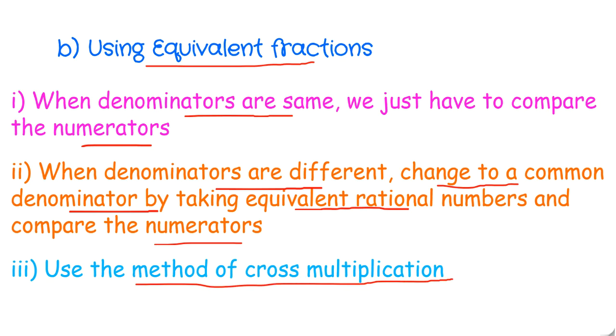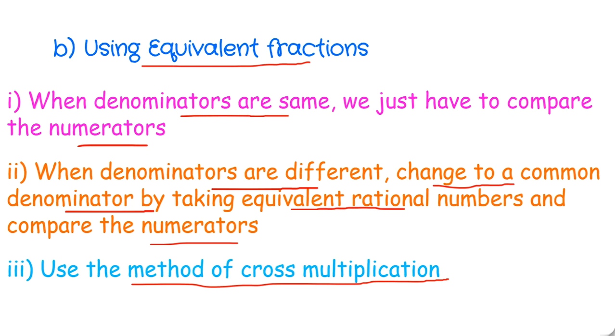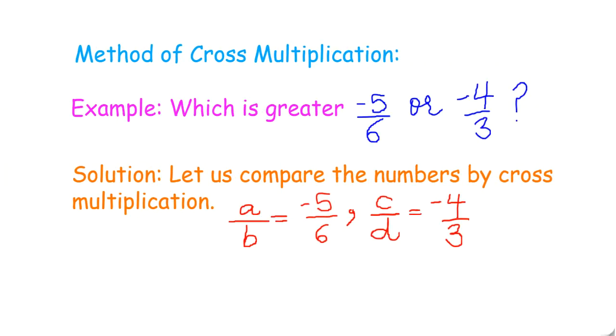Now I will show you an example with the use of cross multiplication method, because it's a very easy to use method, it's very less time consuming, and it's very less error prone also. So let us just see an example of how can we use cross multiplication method to compare two given rational numbers. As we had already discussed about how can we use cross multiplication method in my previous videos also, I'll just explain you this method through the help of an example.